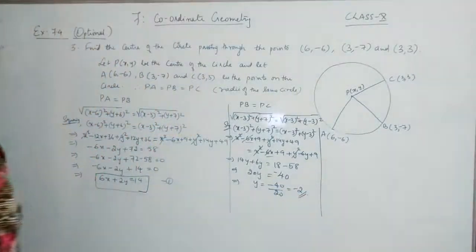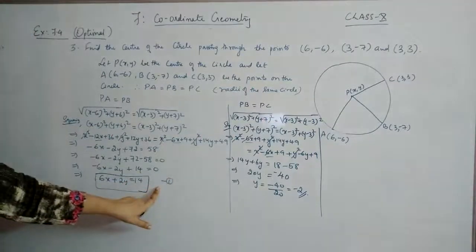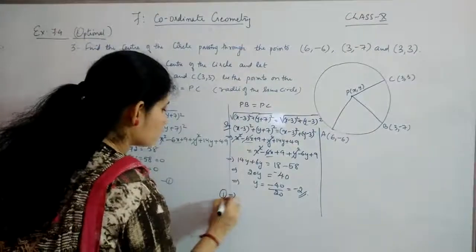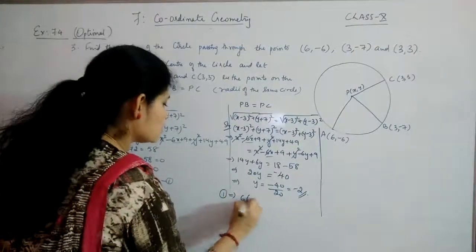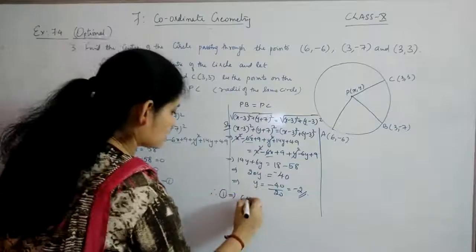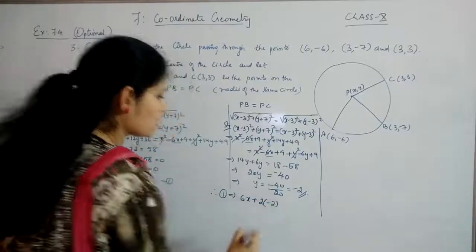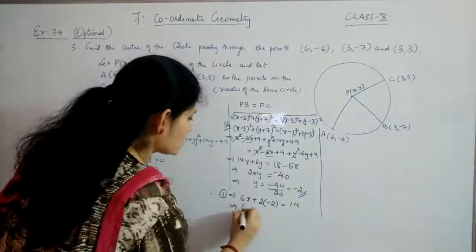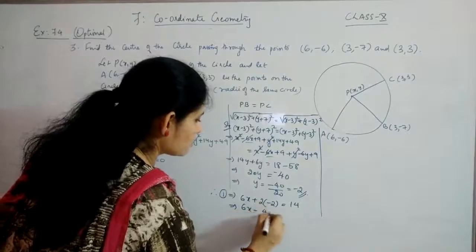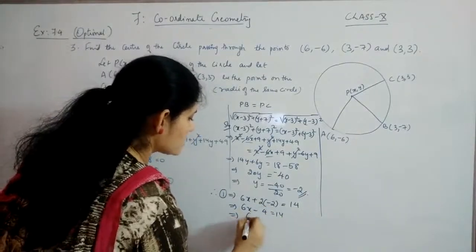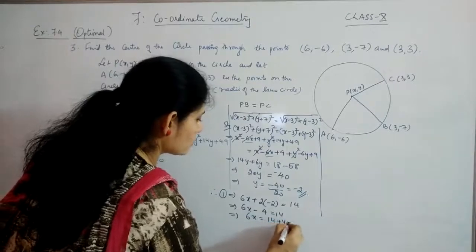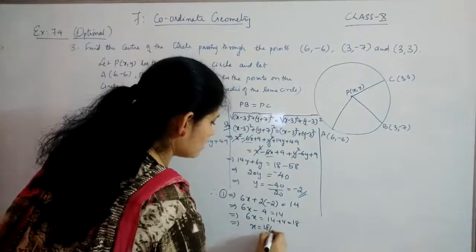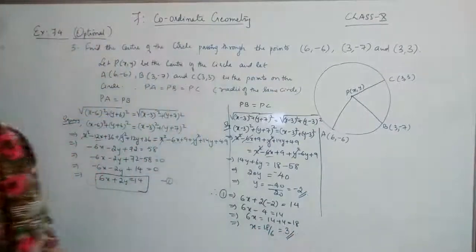So you got the value of y here. Now you can just use this equation in order to find out what is x. So you are just substituting in equation number 1. Equation number 1 becomes 6 into x plus 2 into, instead of y you will substitute the value as minus 2, is equal to 14, which is 6x is equal to, here you are getting minus 4 is equal to 14, or 6x is equal to 14 plus 4 equal to 18, which implies x is equal to 18 by 6, that is x is 3.